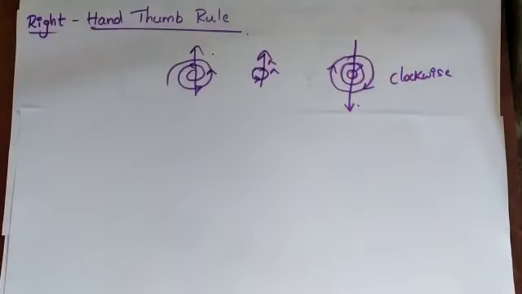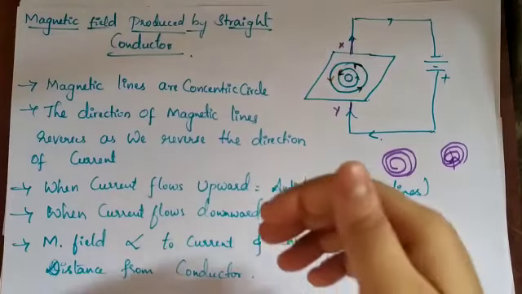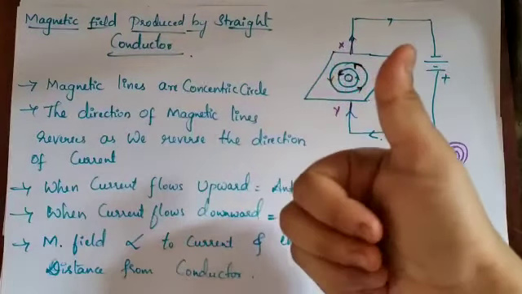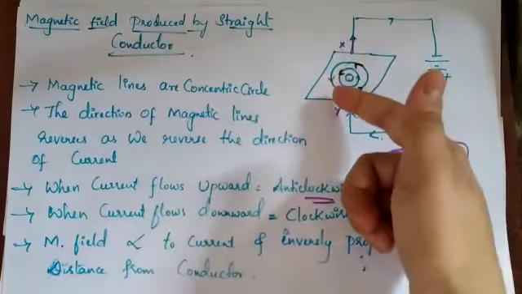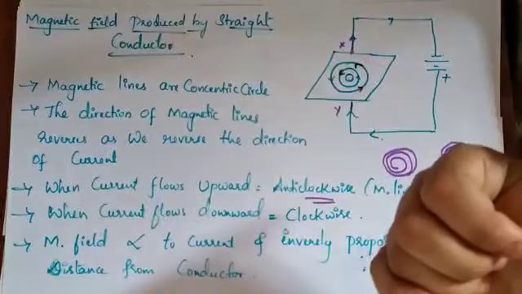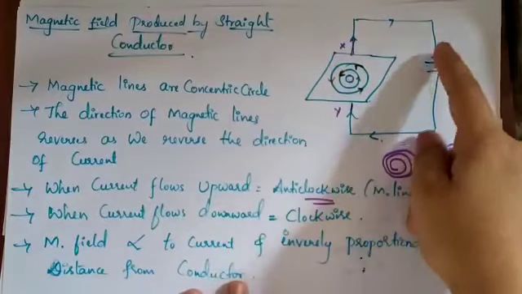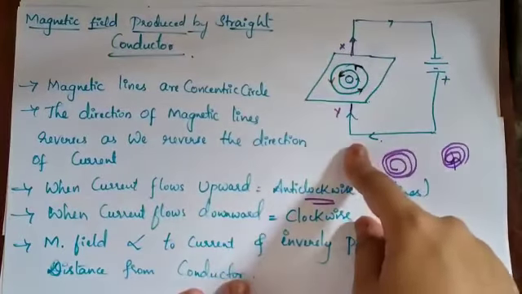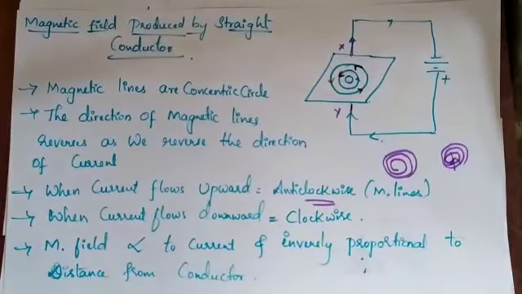So let's apply the same thing in that experiment. If you see in this experiment, now we are able to understand the current is moving in this direction. So you can see these fingers, how the direction will be anti-clockwise. Same thing, if the current is moving from positive to negative in this direction, the deflection shows a clockwise direction. This is about the right hand thumb rule.